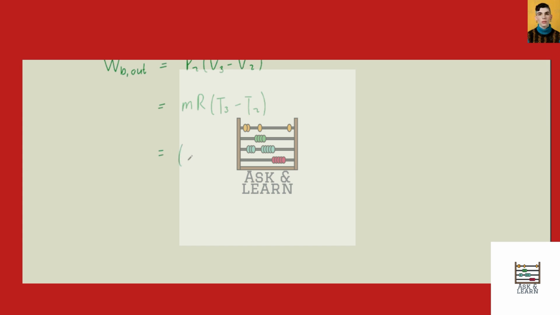So we know the mass of the air, we just calculated that, so that's 0.2943 kg times the gas constant for air, 0.287, again kilopascal meter cubed per kg Kelvin, times the change in temperature from states 2 to 3, 700 minus 592, in Kelvin. So we get the boundary work out of the system to be 9.12